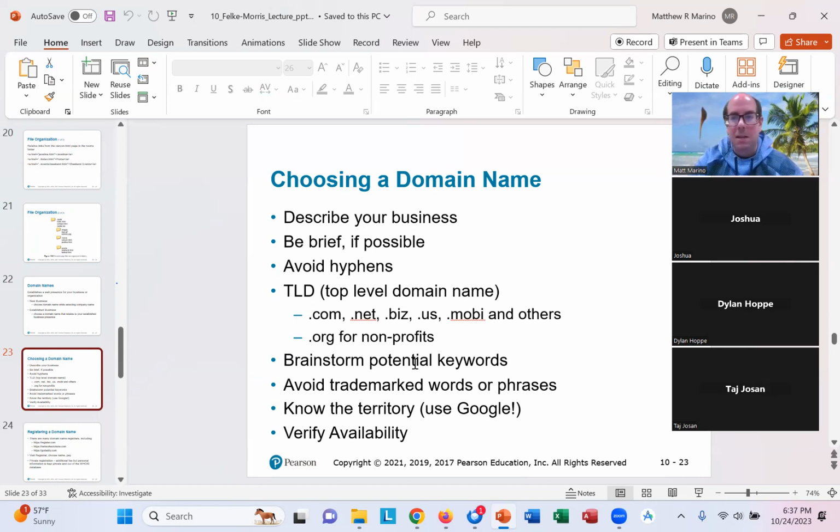You can't buy a .gov. What's the other one that you use all the time, though? .edu. Yep. But once you have a domain, those are the two you want to have when you do a